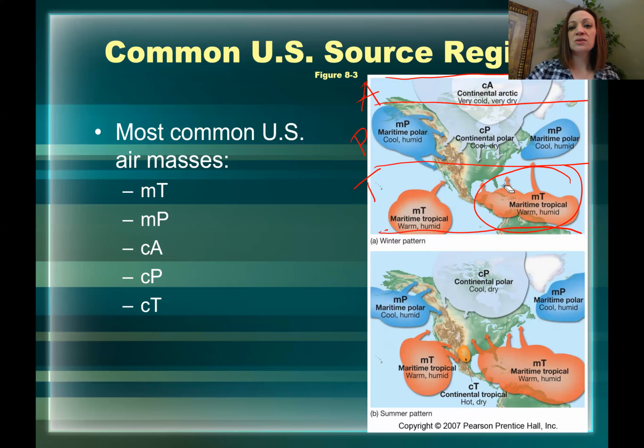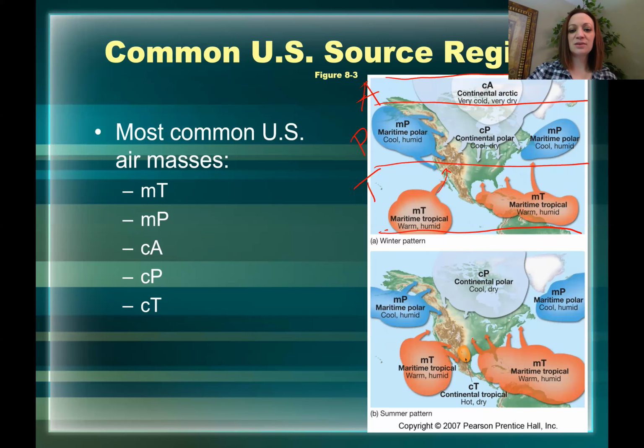Now, we do also get some maritime tropical air from the Central Pacific, and that one kind of moves up into the US, particularly in our summer months, and plays a bit of a role in the monsoon season in the American Southwest. There's one more air mass on this list,